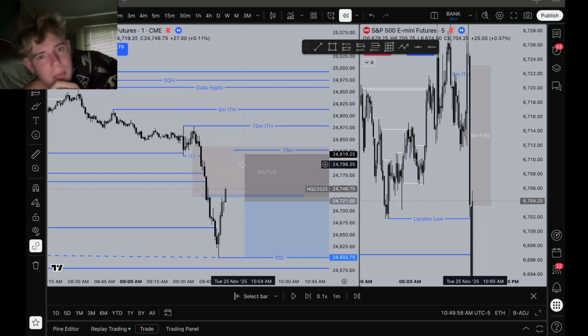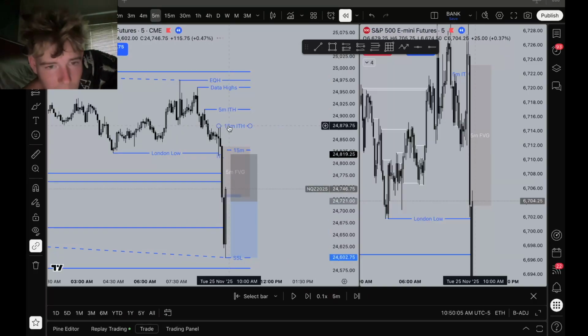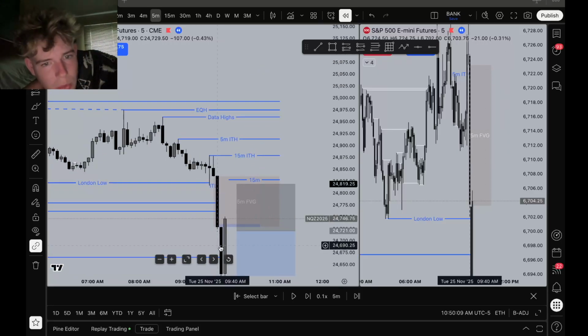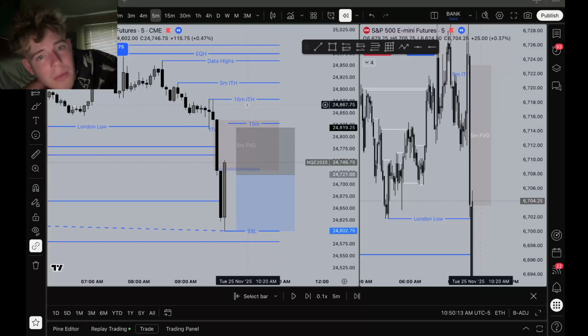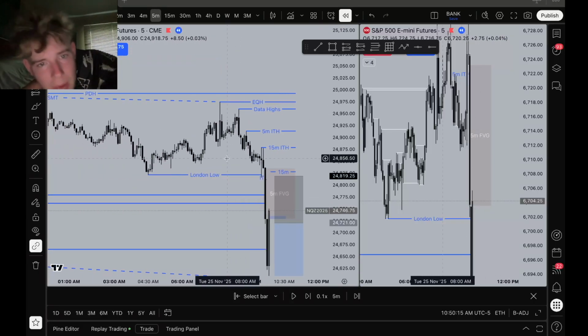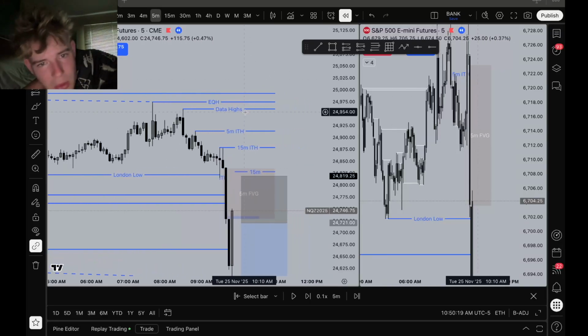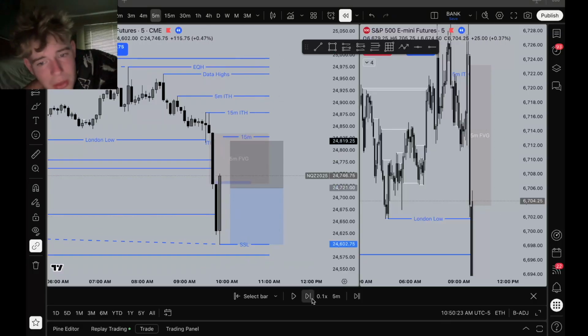I wanted to see this 5-minute get inversed to the upside for me to enter with 1 micro long, which stop would probably be at the bottom of the fair value gap because this volume is crazy. And then take profit being something up here as long as it's a 1-to-1 or more. But yeah, so I'm looking to potentially inverse this gap.